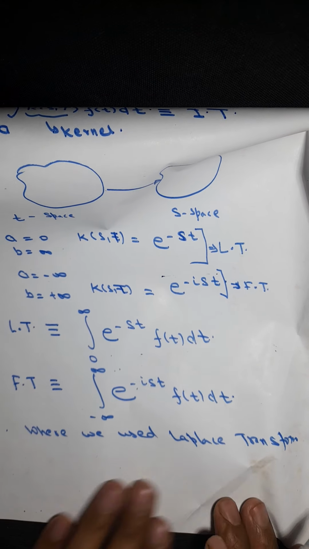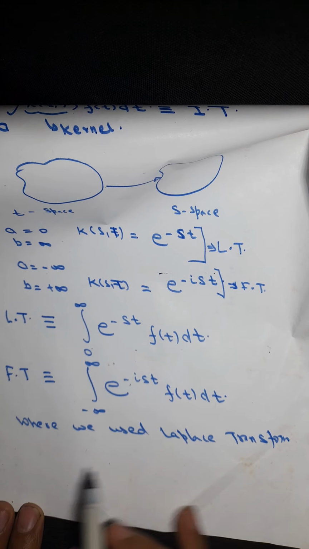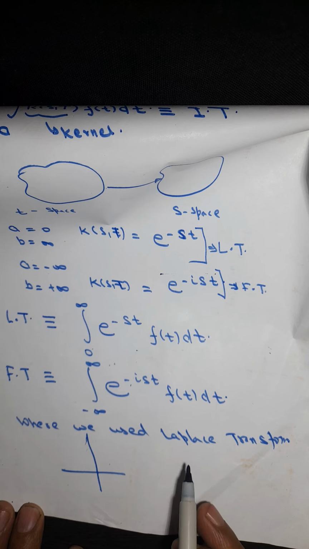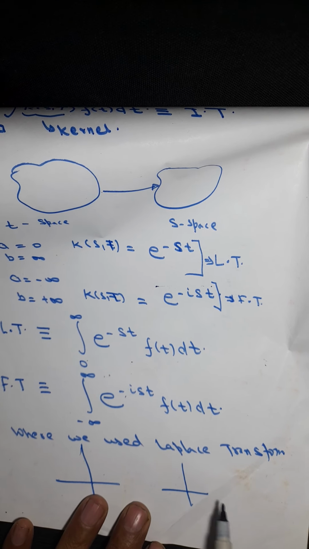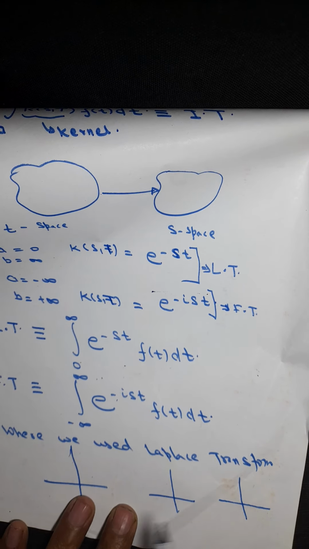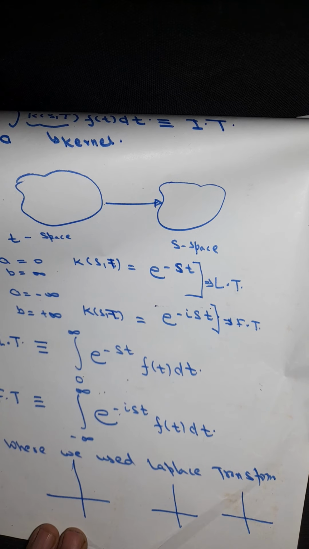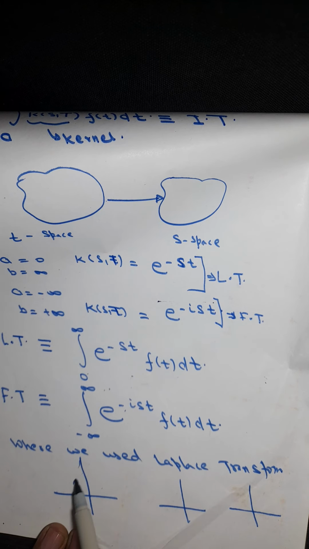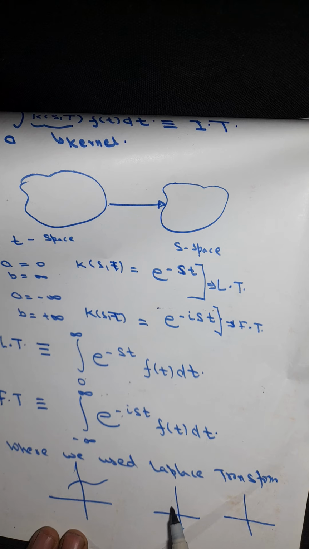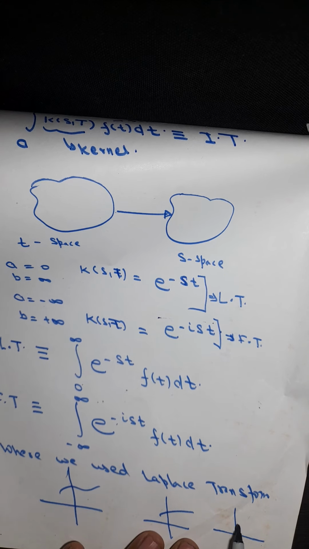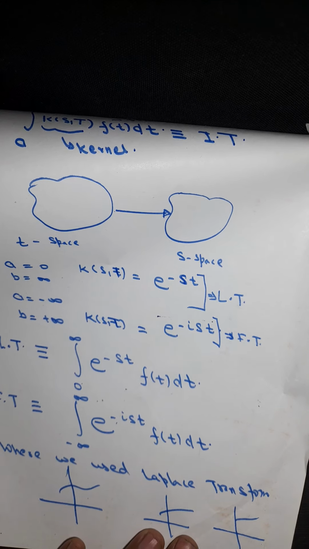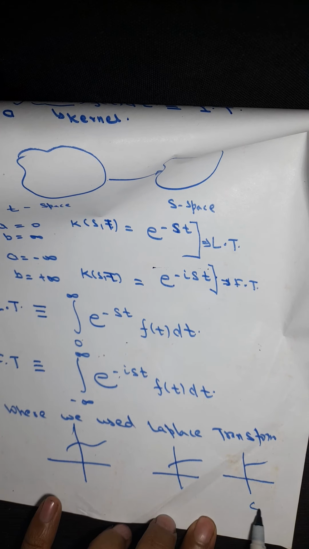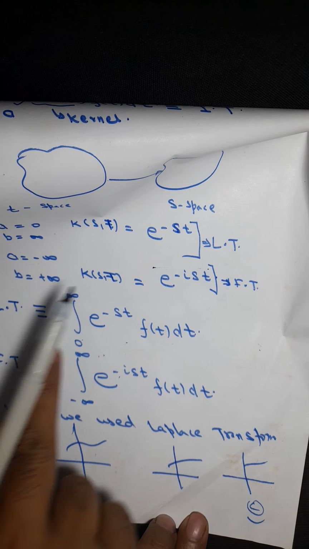Your options are 1, 2, 3, and whatever figures you all got. One of them goes like this, another goes like this, and another goes like this. So you need to always remember the third one is the correct option, because